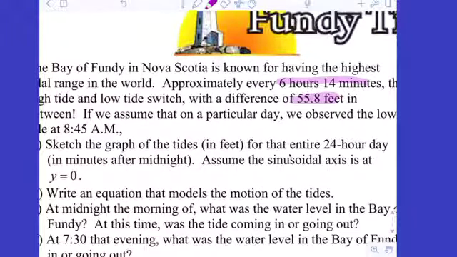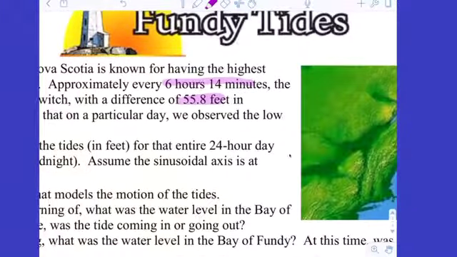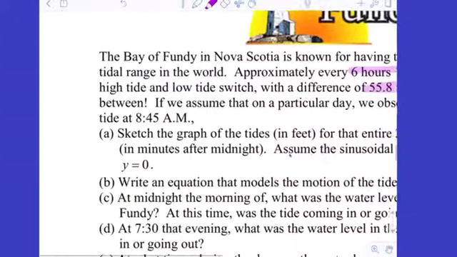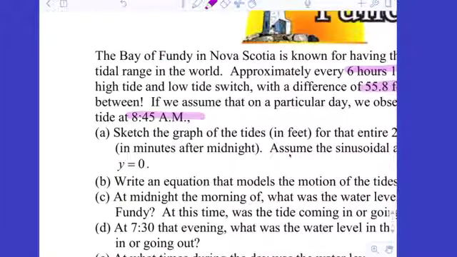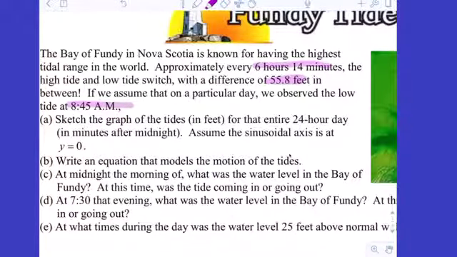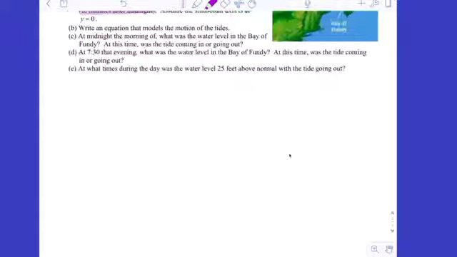If we assume that on any particular day, we were there virtually, we observed the low tide at 8:45 a.m. Sketch the graph of the tides in feet for that entire 24-hour day. We're measuring time in minutes after midnight. Assume a sinusoidal axis is at y equals 0. Okay? So we're going to let y equals 0 be kind of like sea level, and it's going to rise above and below 0. All right, so if we're going to sketch the graph,